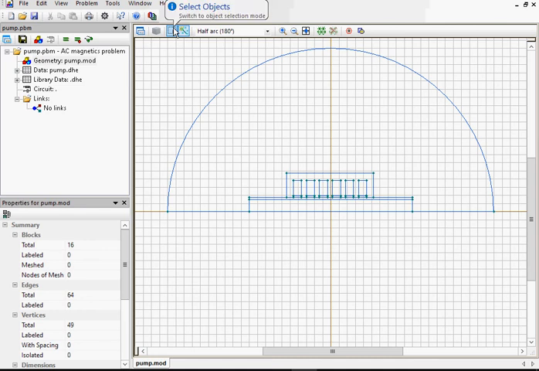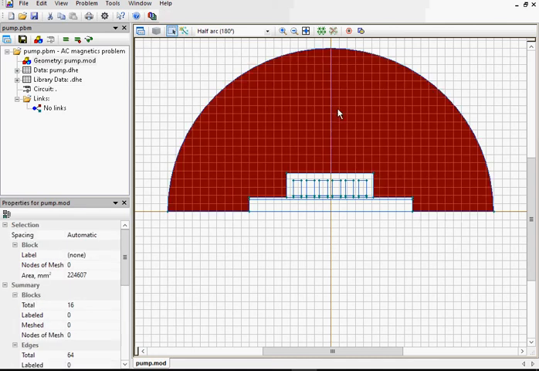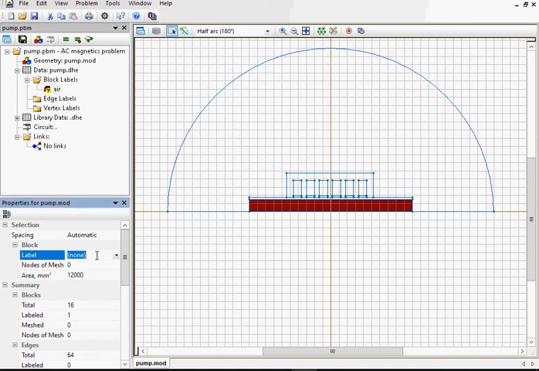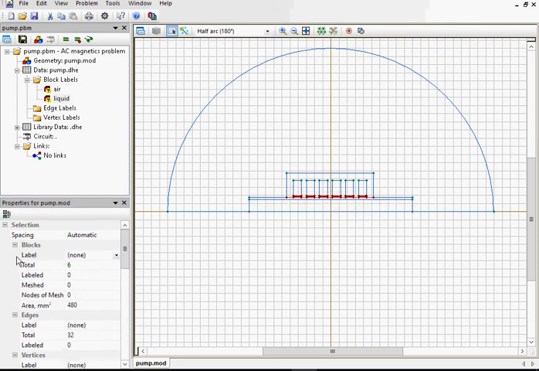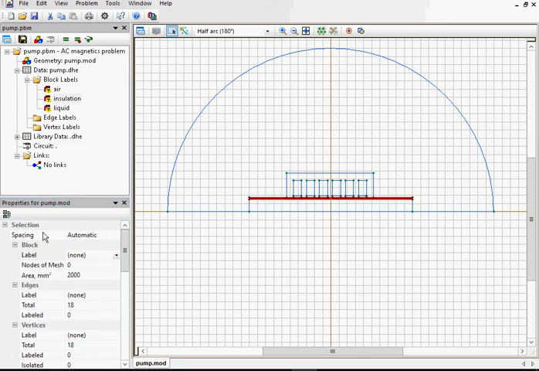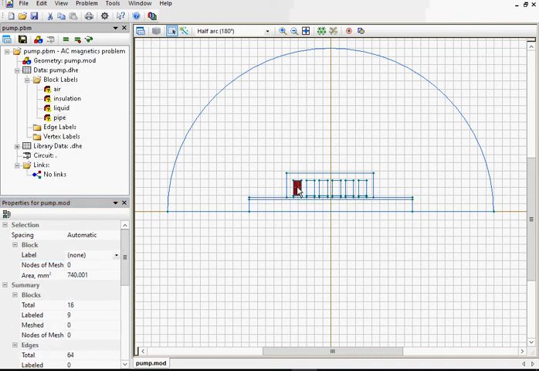Switch to select objects mode, click the object to select, and here I type in the label air. This is the liquid, this is the slot insulation, this is pipe, and this is conductor A plus, and this is conductor A minus,